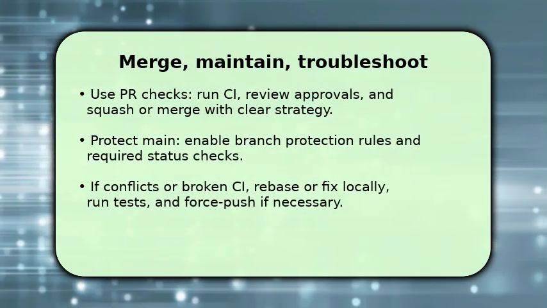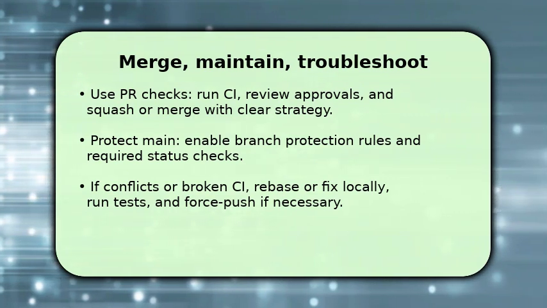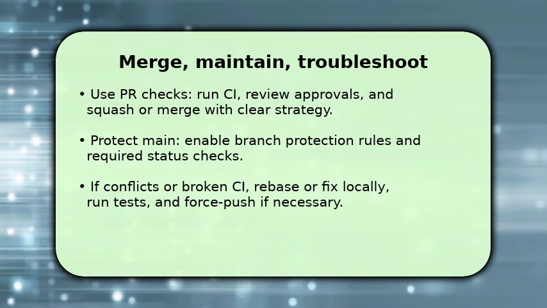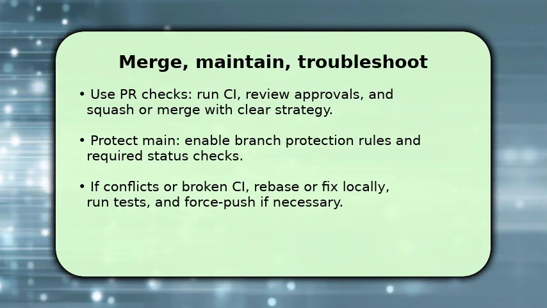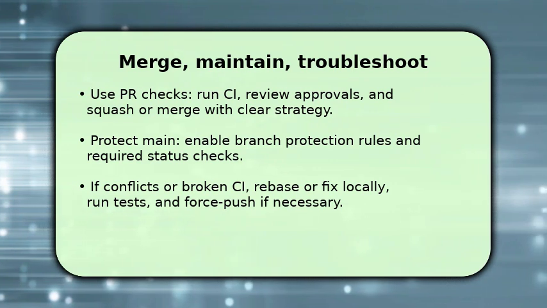You finish by merging through a reviewed pull request after continuous integration passes. This ensures changes are validated. Choose a merge strategy, squash for linear history or merge commits to preserve context, and delete the branch after merge